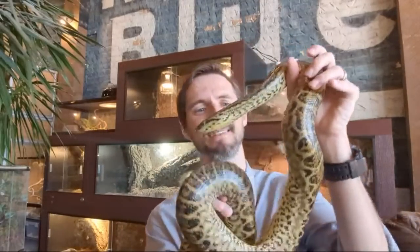Banana conda. Isn't she wonderful, though? Look at that belly. Isn't that pretty? She's so amazing. I adore this snake. This is one of now 2 snakes that we have here in the room that I would not personally get